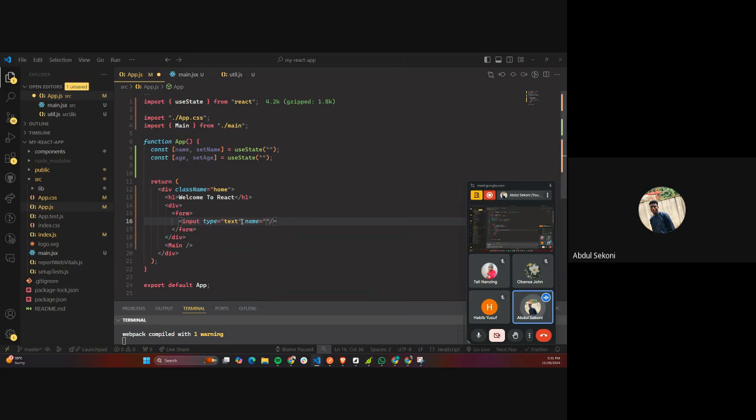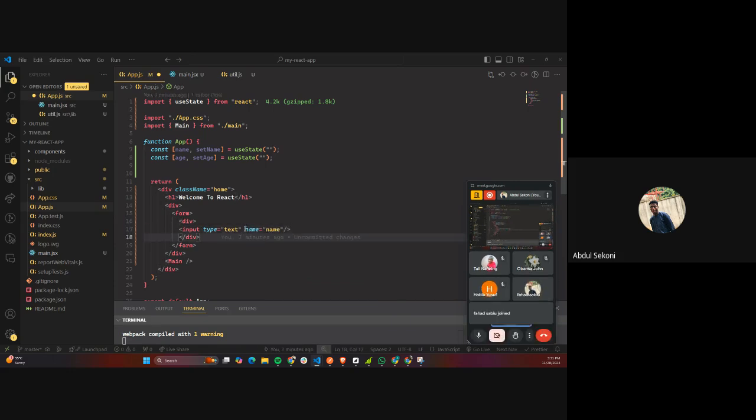We're going to give it a name of what? Of name. So this name, let's do the full example, because I want you guys to understand what name is. So this name here is a unique identifier for this input. So I have given this input now a name of name, and I can come here and I can say